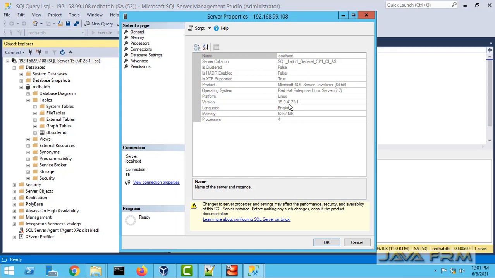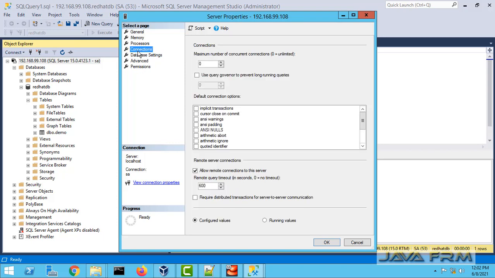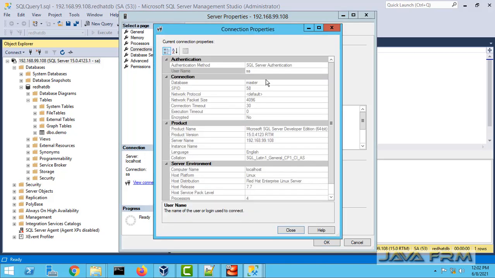You can see a lot of information like version numbers, CPU cores, operating system versions, OS details, processor details, everything you can see. So this will be useful for you.